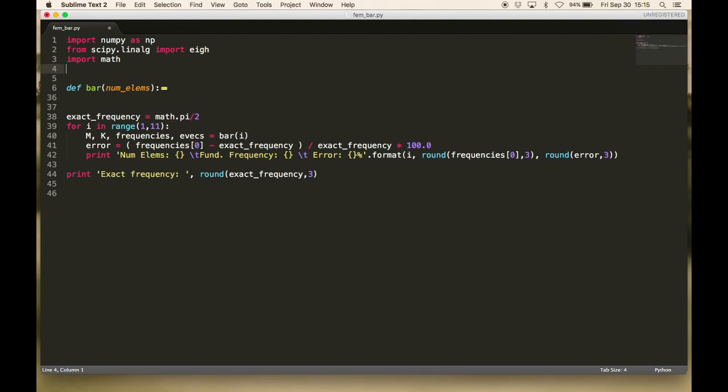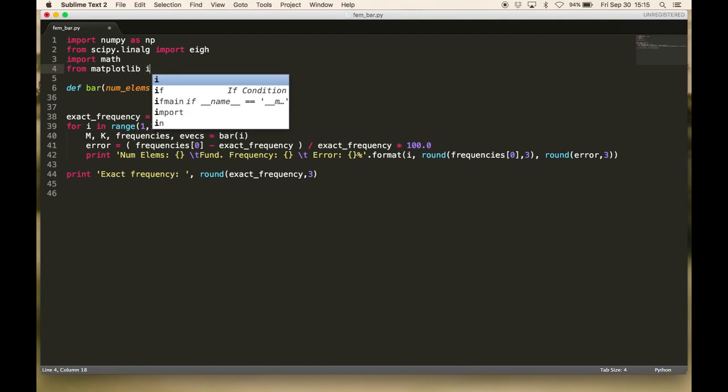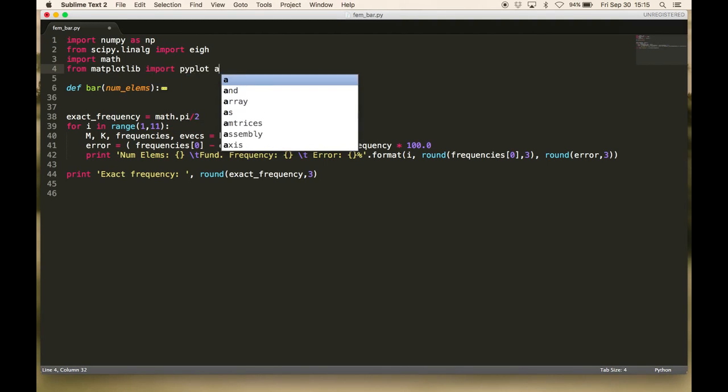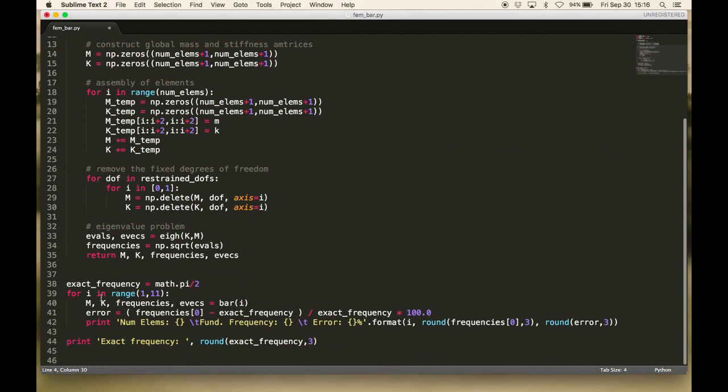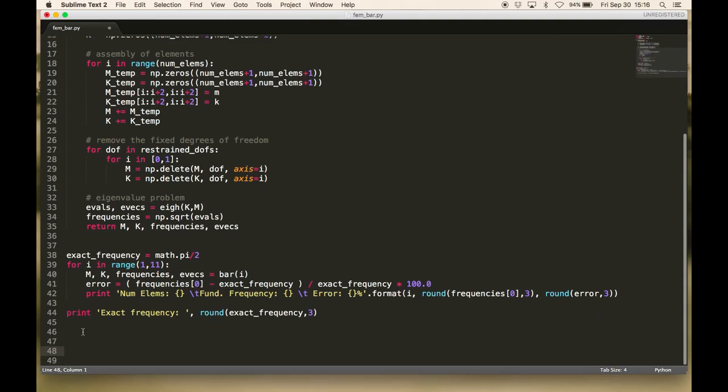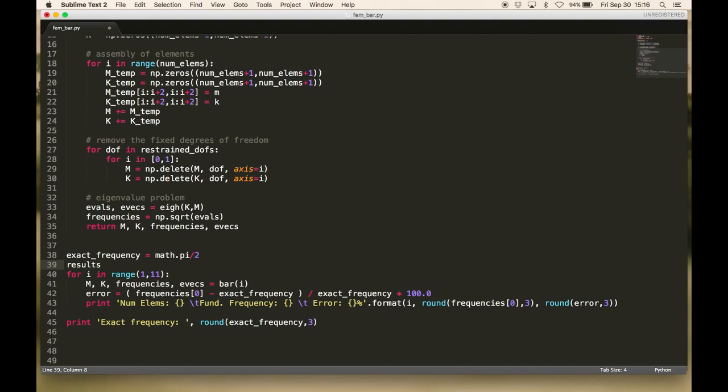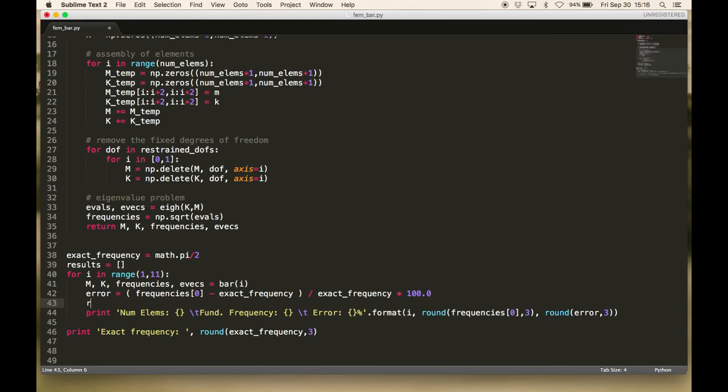So from matplotlib, import pyplot as plt. Okay, do this down here, right at the end. So what we want to do is we actually want to store the results. So why don't I have results here? Results, we'll create a list, and then over here, we'll go results append, and what we want to append is